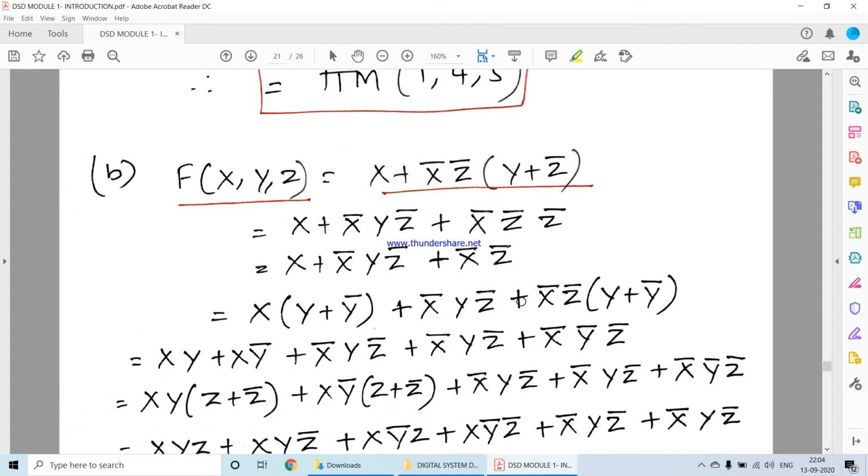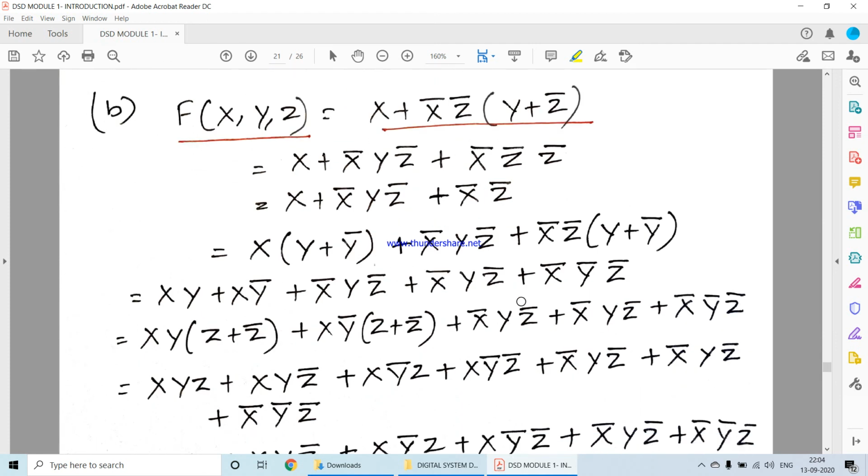Okay. So again, in this problem you need to separate this and expand it in terms of min term and then max term. So here again x plus, I have expanded this, I get x bar, y, z bar plus x bar into z bar. Now here only this term is in standard form because you have all three variables. Whereas here you have only x and here you have x bar, z bar. So here we don't have y and z and here we don't have y.